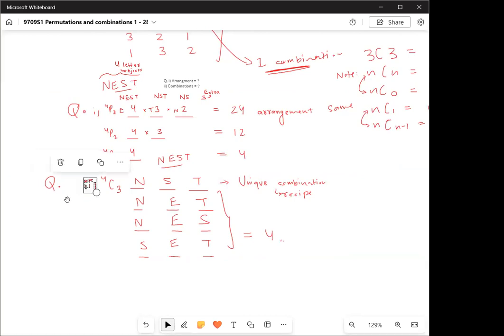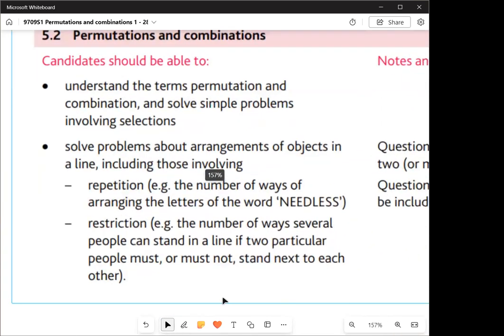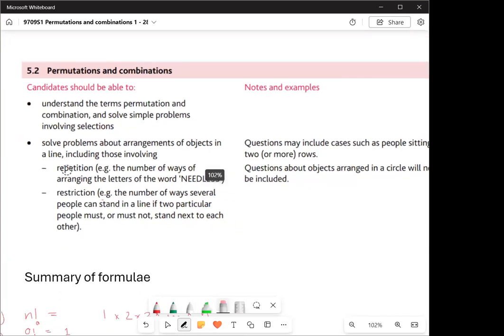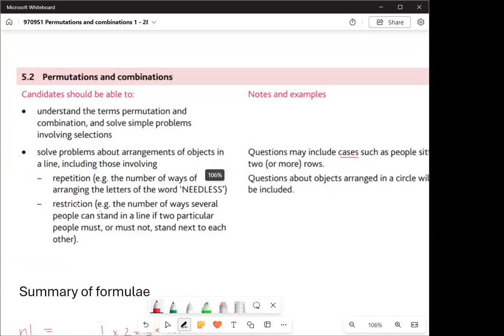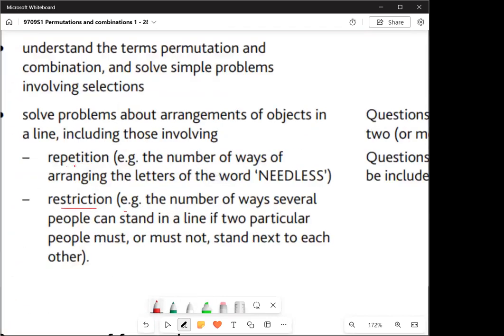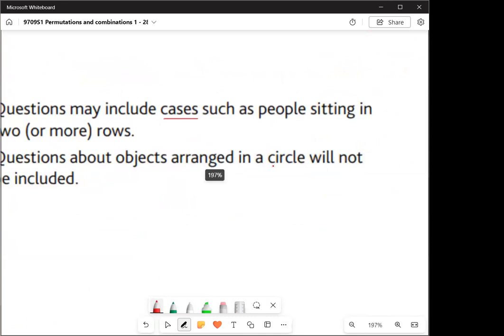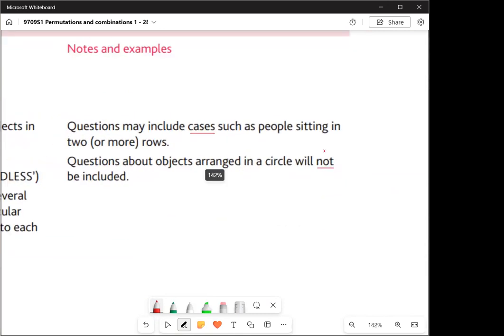That's called a restriction, restriction of movement. That's a type of question. We'll get there. We have different types of questions. We have restriction, repetition, and then we also have cases, which is written here. Cases, restriction, repetition. These are 3 types, and I think there is also one more type. Cyclic, yes. They're asking not to be included? They ask this all the time. Questions about objects arranged as if